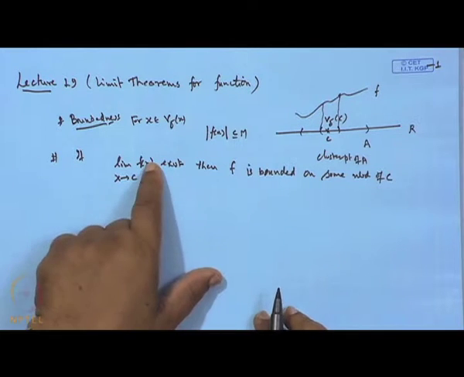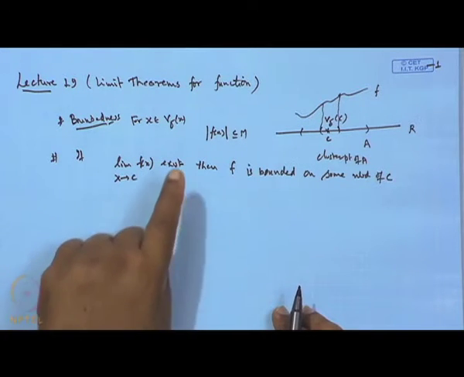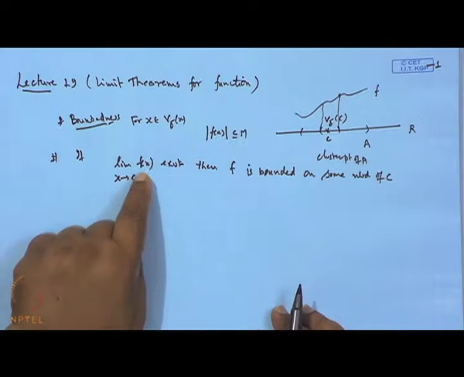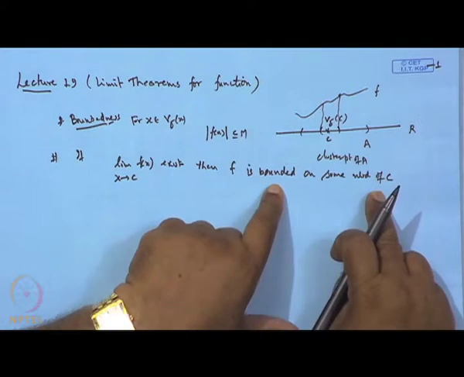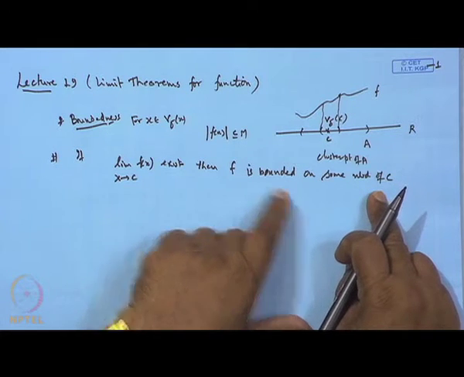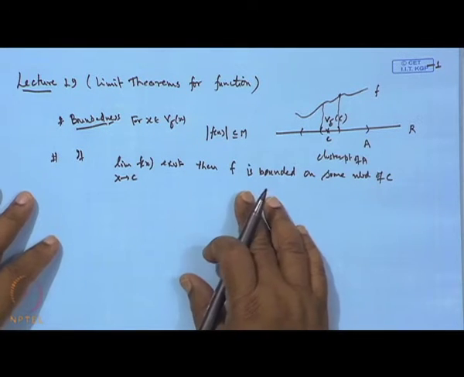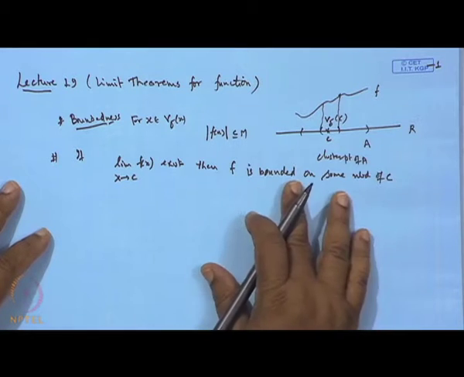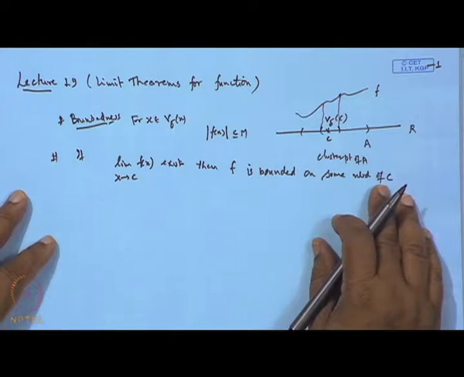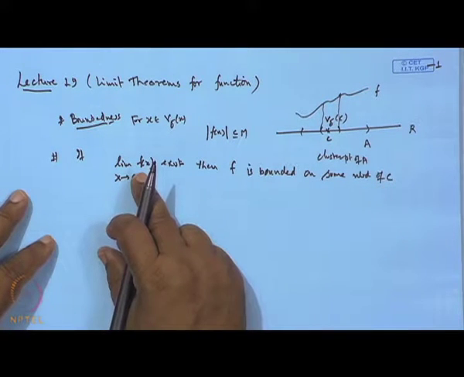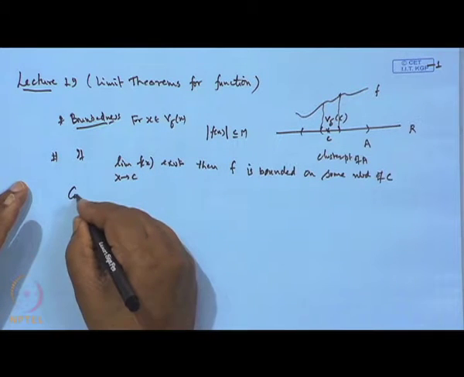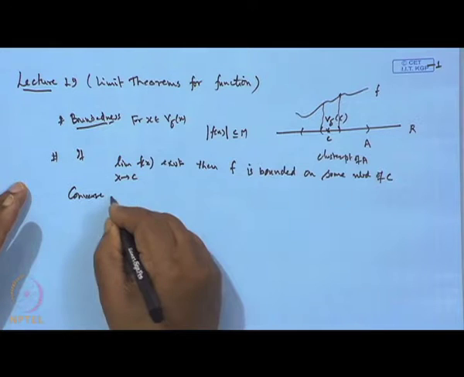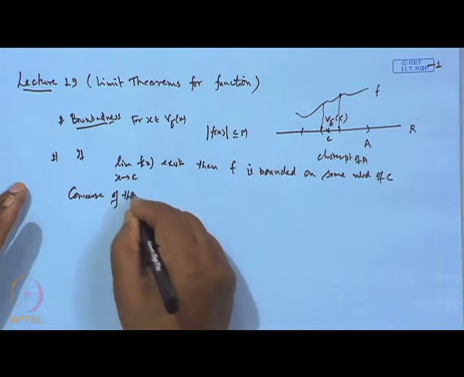Now, this result we have proved only one side. If the limit of f(x) when x tends to C exists, then only we can say the function is a bounded function. What about the converse part? The converse means if f is a bounded function on some neighborhood of a point C, can you say the function has a limit at C? The answer is no. So, the converse of this may not be true